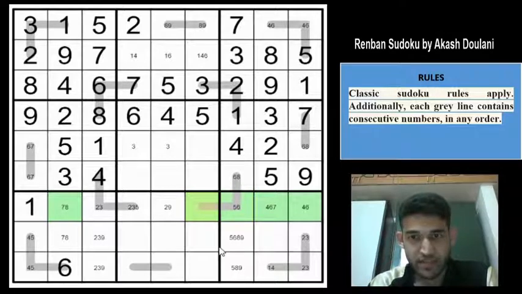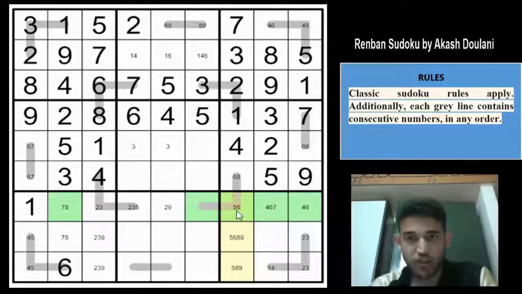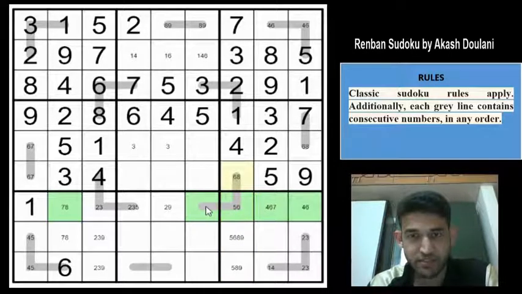And anything more. So because you have a 6, 8 here, this must be 5 or a 9. Nothing much. So let us continue. If you have a 5 here, this must be a 6 and this must be a 7, right? Yeah, this must be a 5, this must be a 6, this must be a 7 or a 4 too. Yeah, 5, 6, 4 or 7.